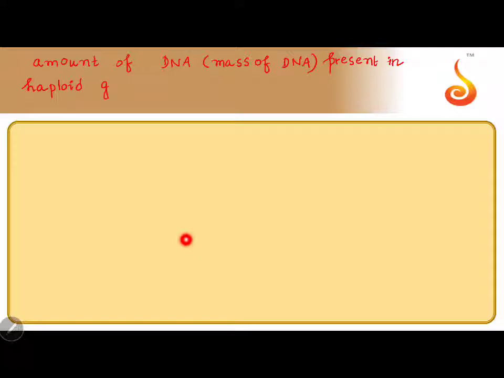What is C value? The C value is the amount of DNA, that is the total mass of DNA present in the haploid genome of an organism. So where can we get a haploid genome? Correct? So we can get a haploid genome